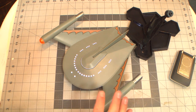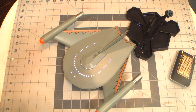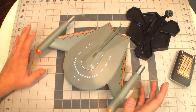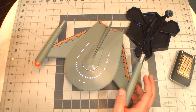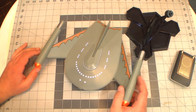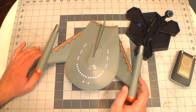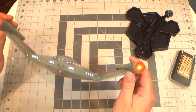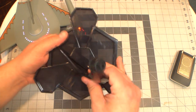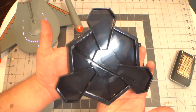We love our lights on. That's a very key feature of Diamond Select ships. When did they start that? Did they start that with the TOS Enterprise? I think that's the first one that did the all-lights-on feature. And it's like, don't go backwards. We like our lights on. Hopefully they'll redo the Enterprise E and have lights on for that and stuff like that. That'd be sweet. But so yeah, we also get a lovely base with the kind of classic Romulan symbol that's